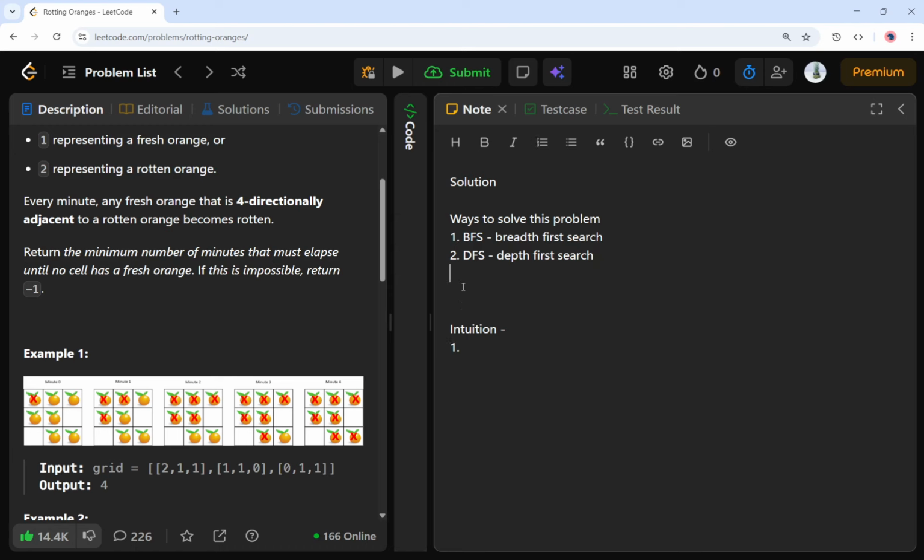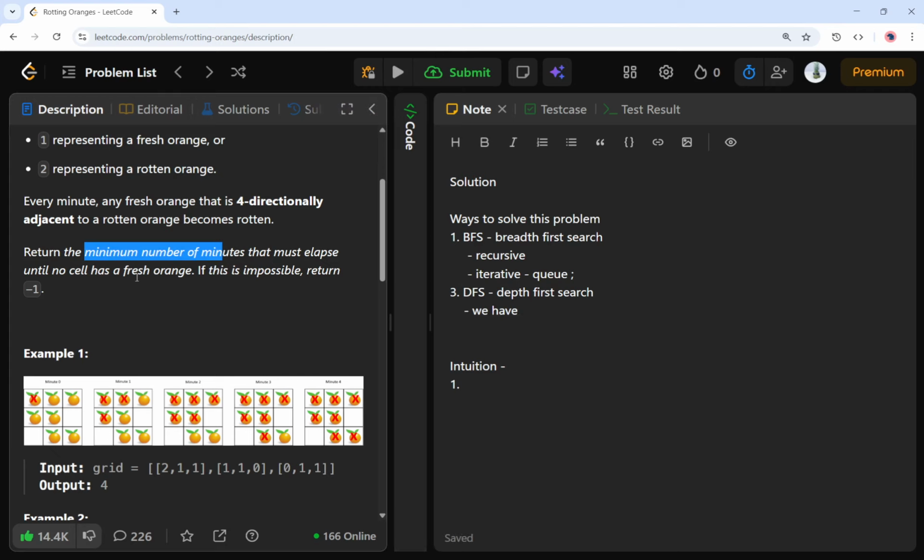And there are also multiple ways to execute it, like the recursive way and the iterative way. Iterative would definitely need a queue. And why can we not go with DFS? Because we have to find the minimum time for the oranges to rot, so we can eliminate that. So we will take BFS